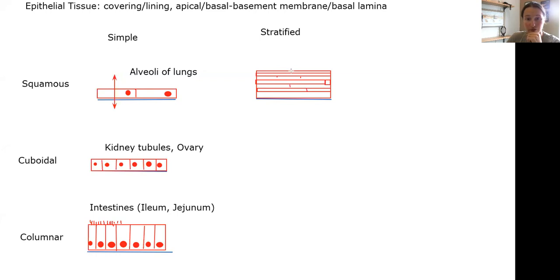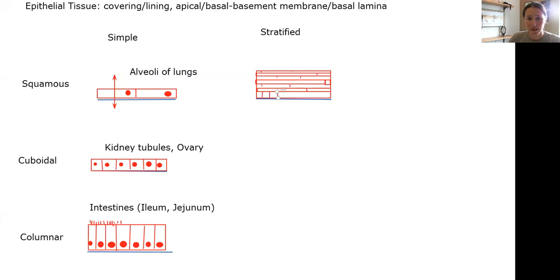These cells are super flat, and oftentimes the more superficial layers, so the farther you get from the basement membrane you are, these cells actually die off, right? So the cells get flatter and flatter and flatter as they move more superficially, and oftentimes it's a little bit